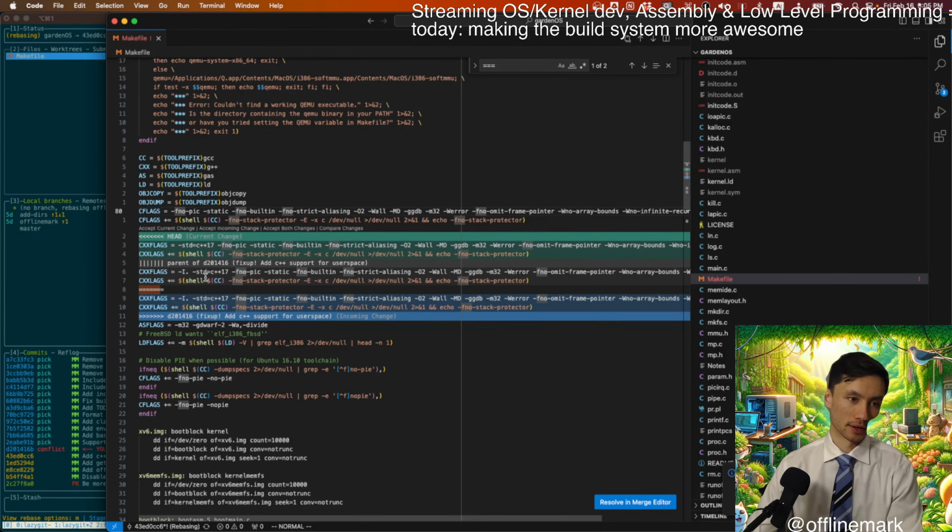Okay, I understand now. So the original state of the master branch was like this. It did not have this -I dot thing. We needed to add this for some, or did we? I'm pretty sure we did, but I actually kind of forgot the reason. It was related to headers, something like that.